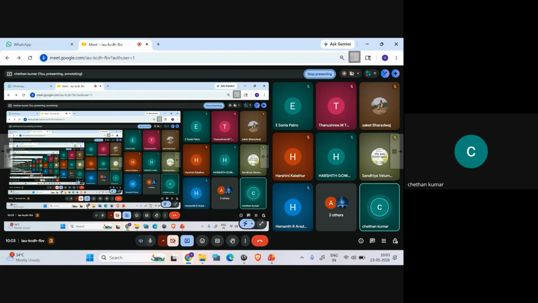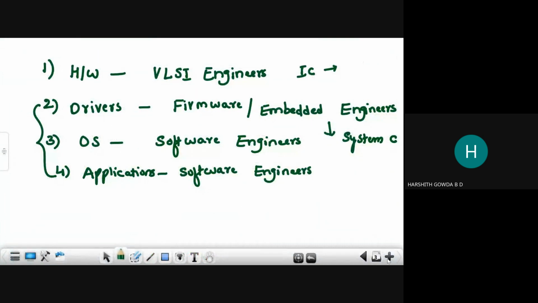Okay. You're asking about the size of the chip, right? Yes, sir. It's about scaling. Actually, we cannot fix any size. I mean, it depends on the optimization techniques, Harshit. So if you take the technology evolution, initially,